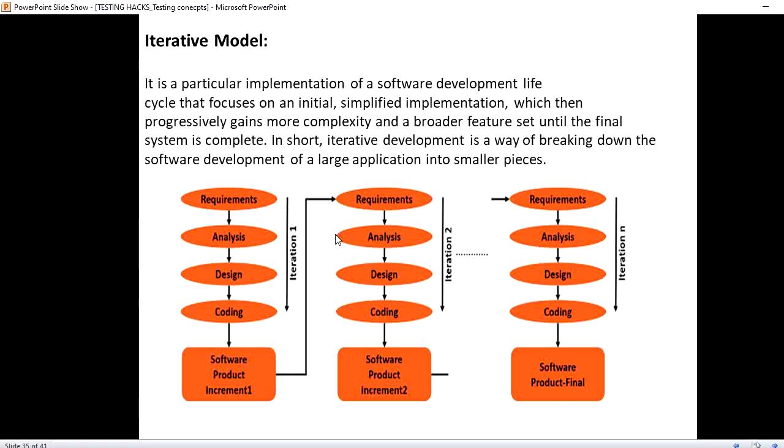Suppose the plan is that the first module should be created in iteration number 1. So for that module all the requirements will be collected, analysis, design, everything will be done in the first iteration. And after all of that, to prepare the next module, again it will go to the next iteration where again the requirements will be collected, and the flow goes like this. And until we get the final product, in this iterative model, the iteration continues.